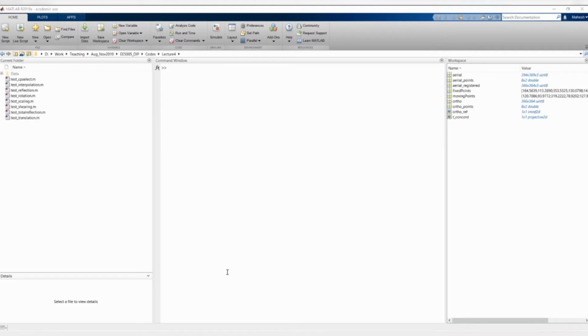Hi, welcome back to a very quick demo on one of the very powerful tools in MATLAB. It's something known as control point selection. The point operations, geometric operations mostly, that we studied have a lot of applications. As I said, one of the most important applications is in the field of image registration.